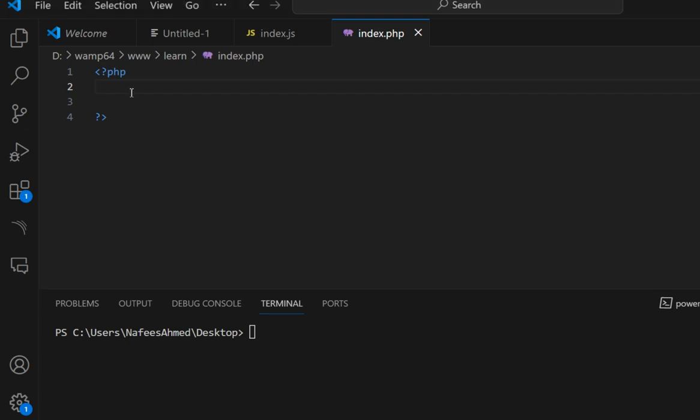Okay, now start. String. This is a string in PHP. All the string is in uppercase. So now we want this string as